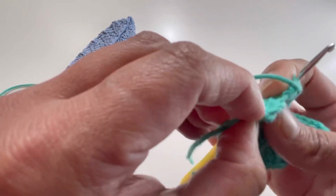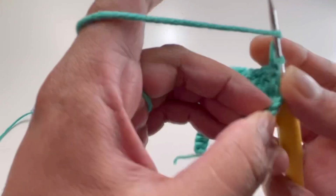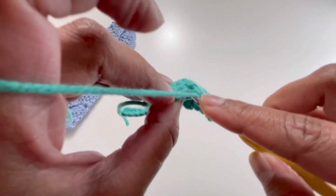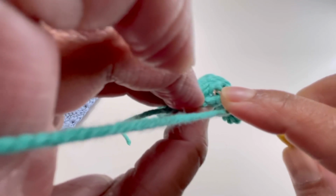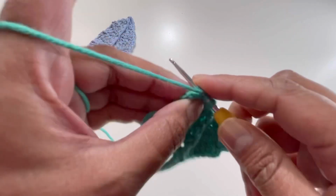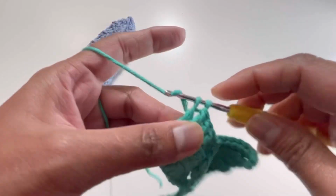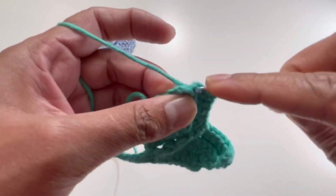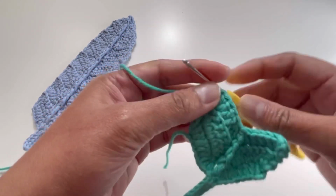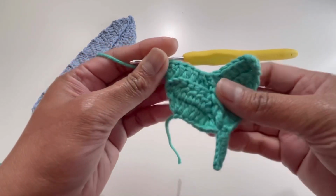And now we are here on this chain 3. I'm going to yarn over and insert my hook into this third chain, back loop only. So I will take only the back loop, plus I will take this 1 strand of yarn from this double crochet from the previous round, so that my stitch will not move. It will be all secure. So I'm going to make 3 double crochets here, so that's 1, 2 and 3. So here it is. We have made our row number 3,